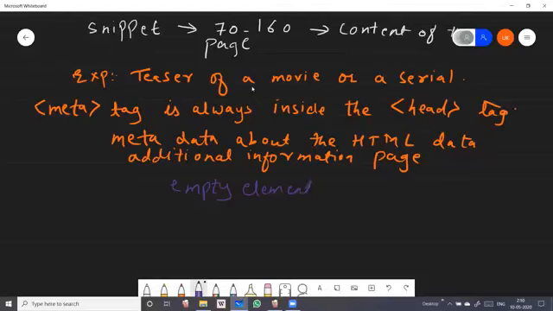Now meta tag is typically used to specify character set.